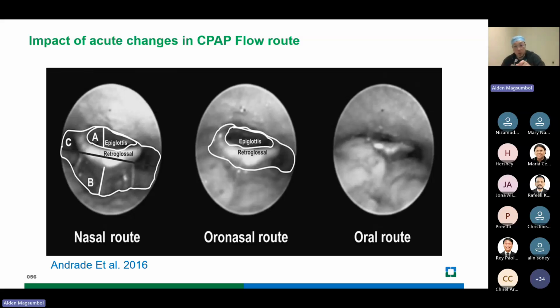When switching to the oronasal route, the airway narrows significantly, with the area reduced to 2.41 millimeters squared, indicating a higher risk of obstruction due to the posterior displacement of the tongue. Now, in the oral route, the airway is almost completely closed with an area of zero, showing the most severe obstruction. So the figure demonstrates that the nasal CPAP route is the most effective at maintaining an open airway, while the oronasal mask and the oral route significantly reduce patency, increasing the risk of obstructive events during the